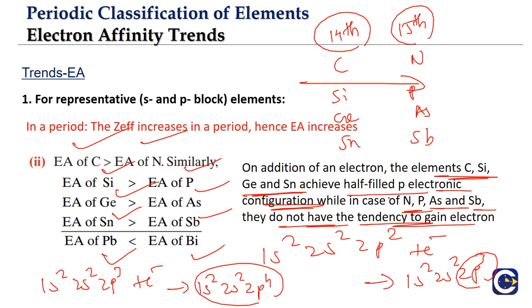So for the 14th group element, in any period you take, it will have a higher value than the 15th group. This is again an anomaly. And in this trend, the exception is in the case of lead and bismuth. So this is about another anomaly across a period. We are looking at the anomalies of electron affinity while we move in a period. Whenever we are discussing properties, the focus will be on the exceptions and the reasons for the exceptions, because that is what we need to keep in mind.